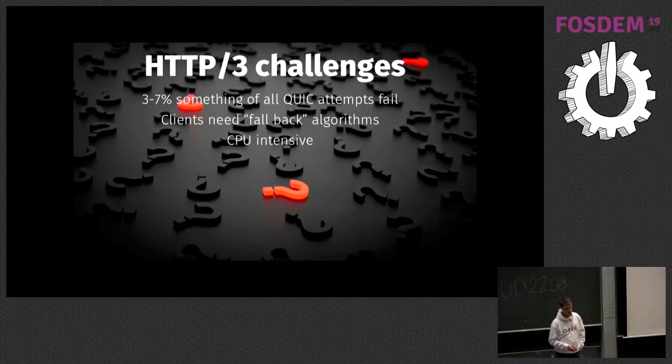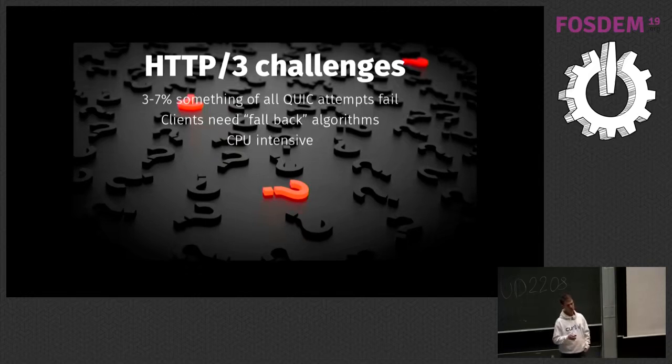QUIC is awesomely CPU intensive. As a client, it might not matter much if you're using a little more CPU when you download stuff, because that's your browser. But on the server end, we're talking more than twice the CPU for the same bandwidth, which for the server side is a lot more CPU. I think it says 2 to 3 times the CPU right now. So this is, I would say, a major problem for server implementers to deploy HTTP3 short term.